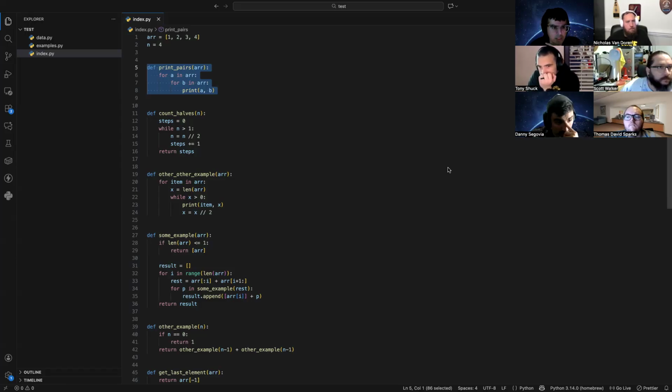Okay. Let's look at question 2. Line 11. What is the time complexity of this function? O of n? No, it halves every time. Line 14 is similar to math floor. Divides by 2, rounds down to the nearest integer.